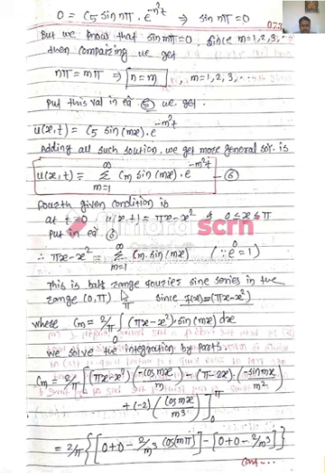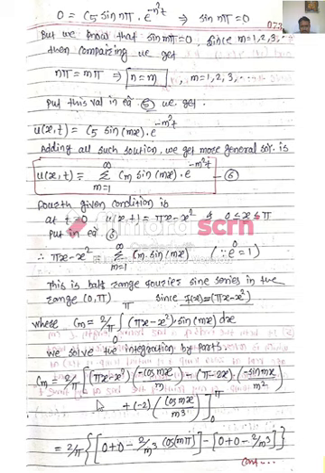This is the half range Fourier sine series in the range 0 to π, that is x lies between 0 and π, so we call it the half range Fourier sine series. Therefore Cm is equal to 2 by π, integral from 0 to π of the function (π x − x²) sin(mx) dx. We solve this by integration by parts.